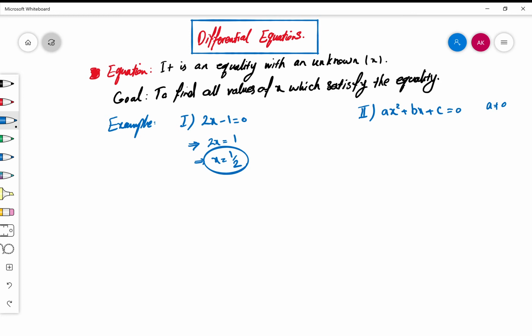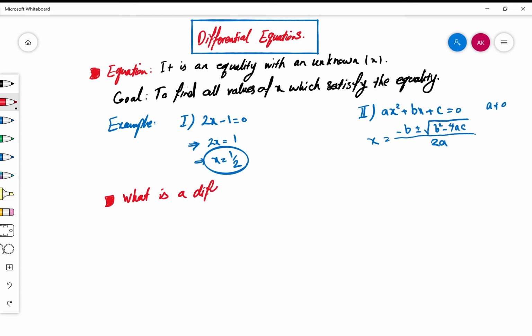How about this one? Well, in this case, in general, we have a formula. If someone gives you such an equation, you have a formula called the quadratic formula, and you just need to write the formula, plug in everything, and that gives you all the possible values. It can have two, none, or one solution. Well, after that brief introduction to equations, now one can say, okay, how about